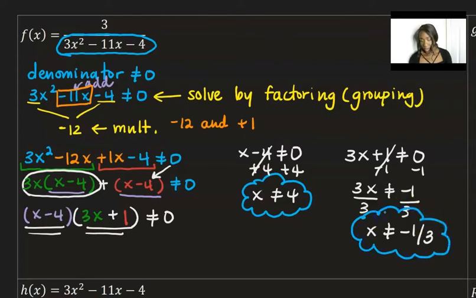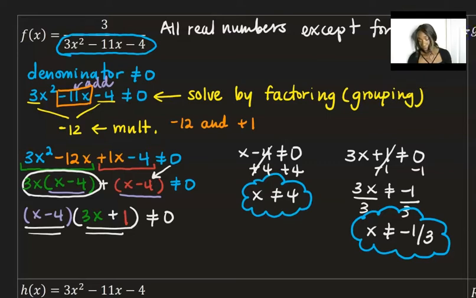Sometimes it'll be okay depending on your teacher or whatever's grading your assignment, if you're doing it online or taking a test or something like that, you can write all real numbers except for those 2 numbers, because those are the 2 numbers that make the denominator equal to 0. So those are the numbers that we would want to exclude from the domain,